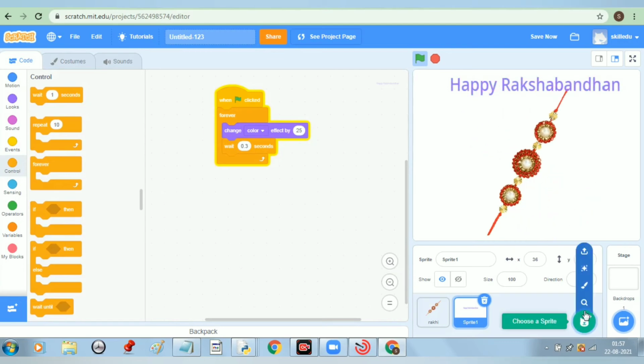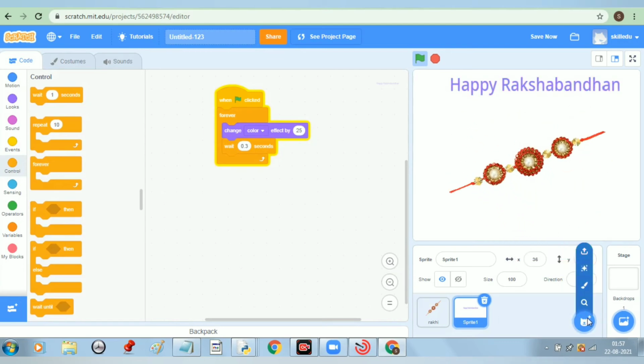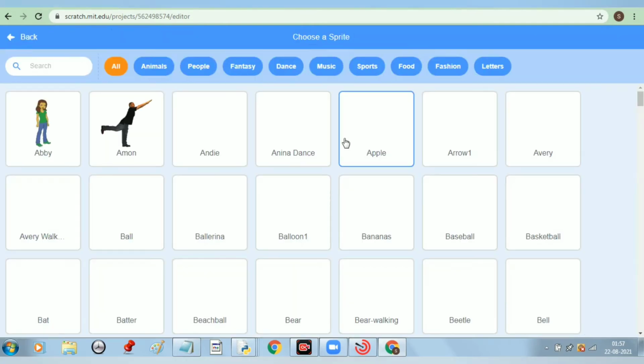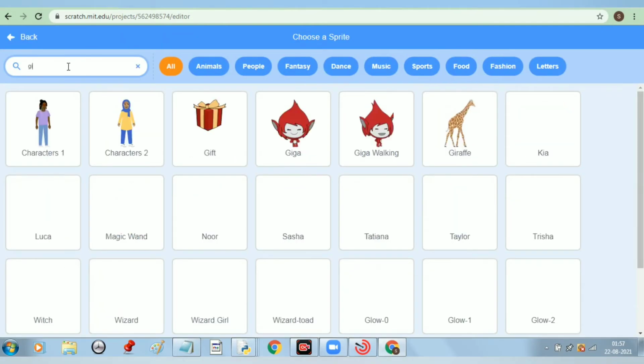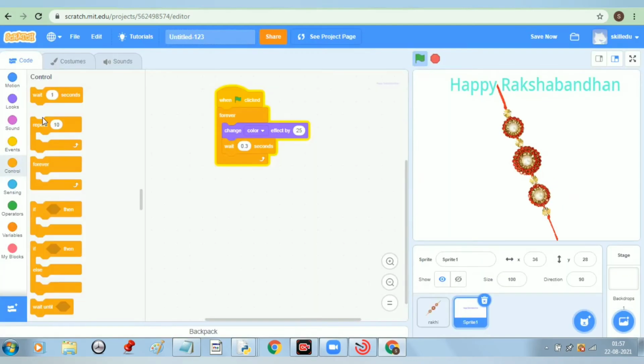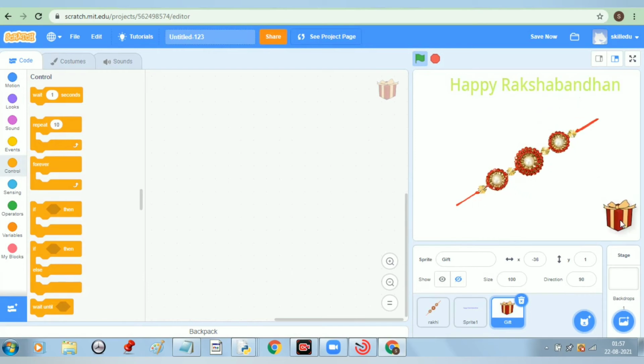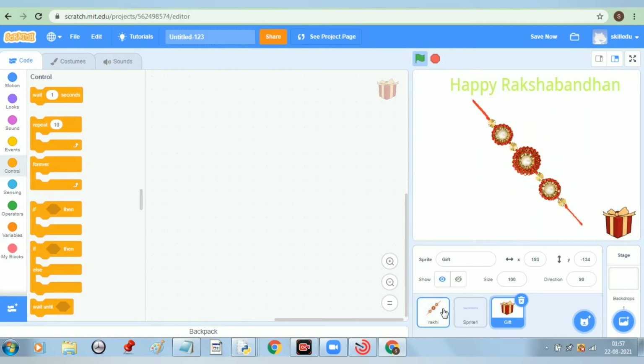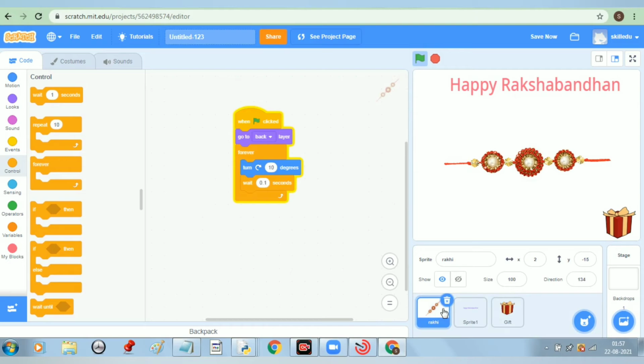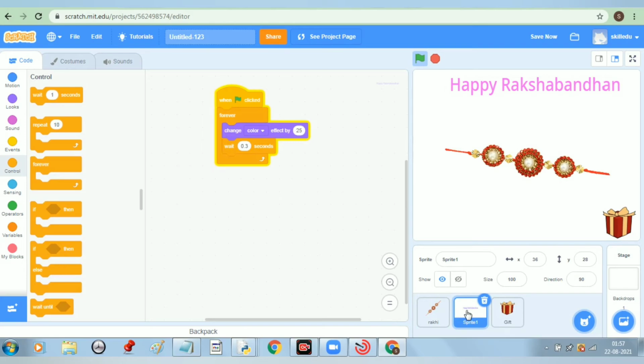Now let us take one more sprite, a sprite of a gift. We have this sprite within Scratch only. You can click your left button of the mouse and drag this gift to this position. Now we have written the code for Rakhi. We have written the code for the text sprite Happy Raksha Bandhan.